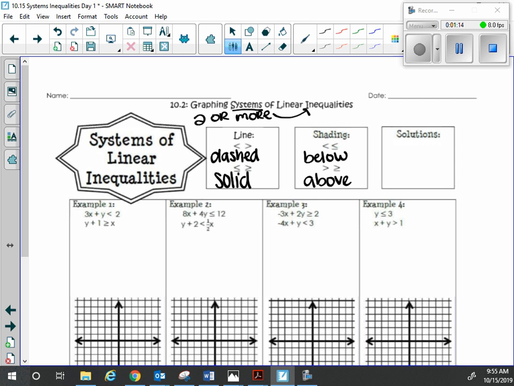Okay, now your solutions are not just the shaded area anymore. You've got two inequalities, which means that your solutions are in the double shaded region, or on a solid line